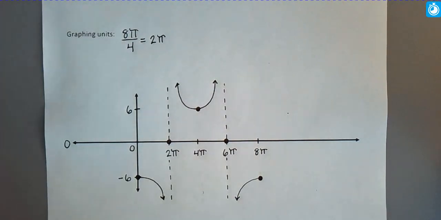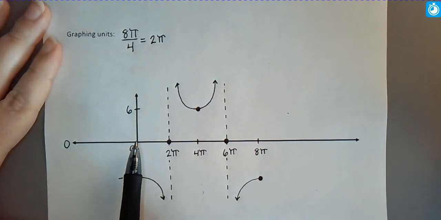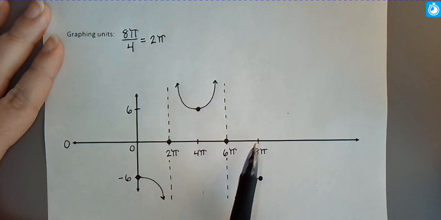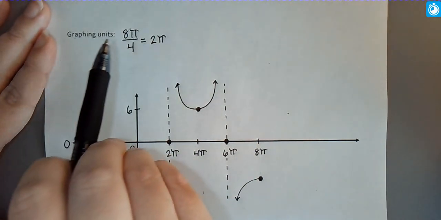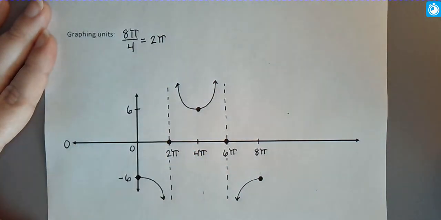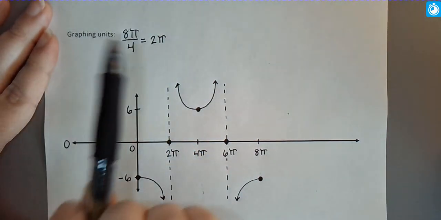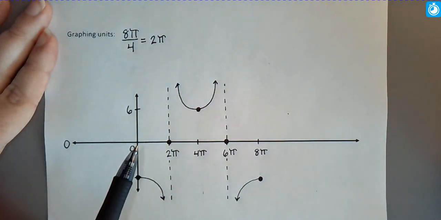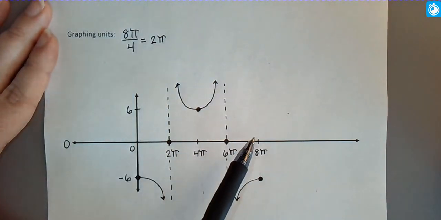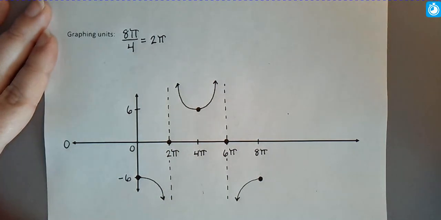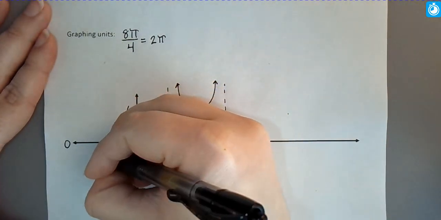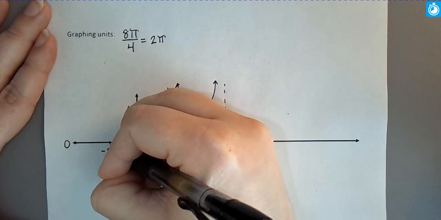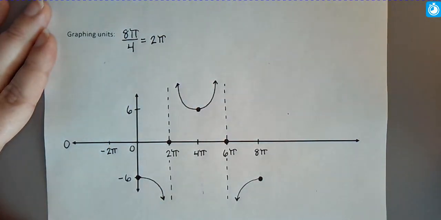Okay, so we started our standard period at 0, went from 0 to 8 pi. If we need an additional asymptote, we follow that same pattern based on how we travel from one key feature on the graph to the next, namely that we always travel by 2 pi units. So we traveled by 2 pi units in the positive direction. You could do the same thing in the negative direction. So for example, if I traveled 2 pi units out to the left, which would take us from 0 to -2 pi, I would land on another location where I have a